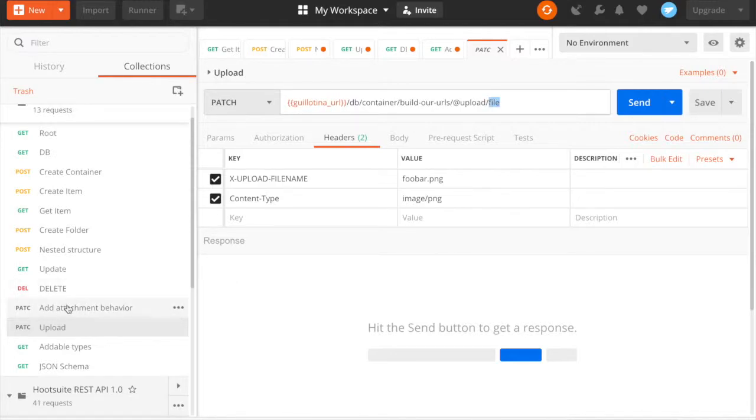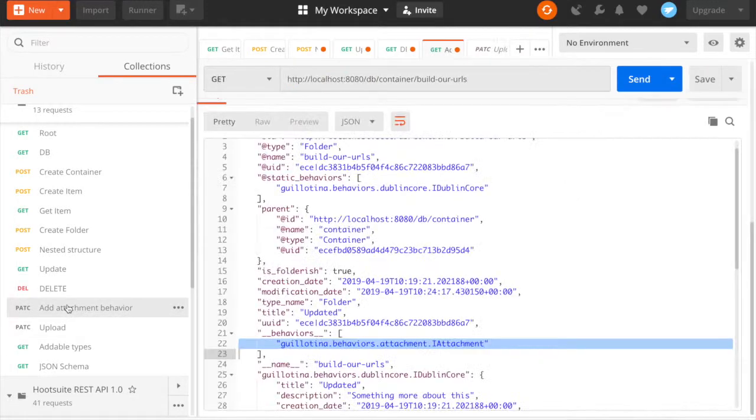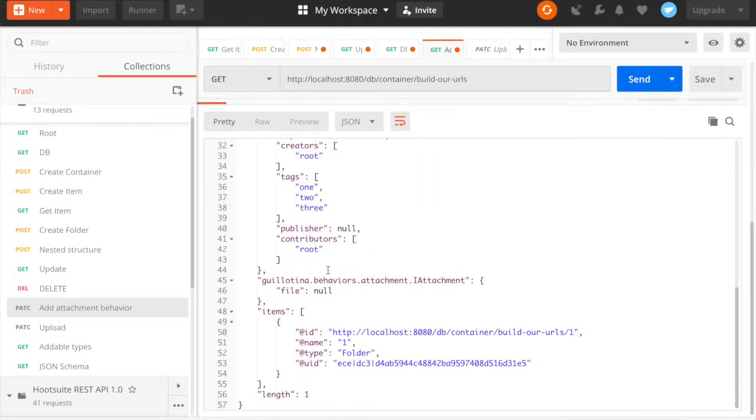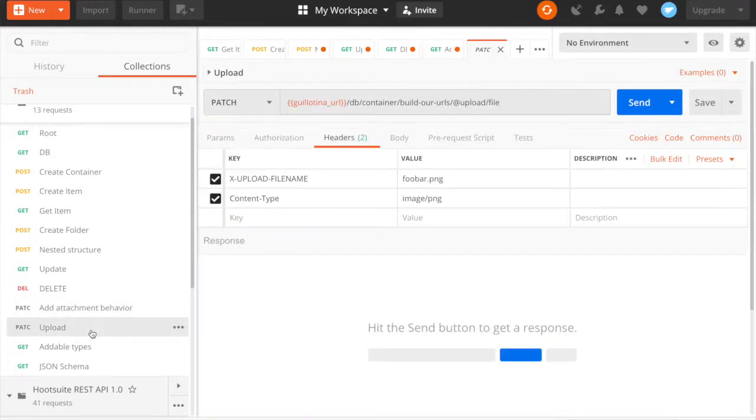So if we go back to our response, we can see that IAttachment was added to the response, but the file and where it stores that file data is in the file field, but it's null by default because we haven't uploaded anything yet. So if we go back to our upload request, we can see that the URL structure